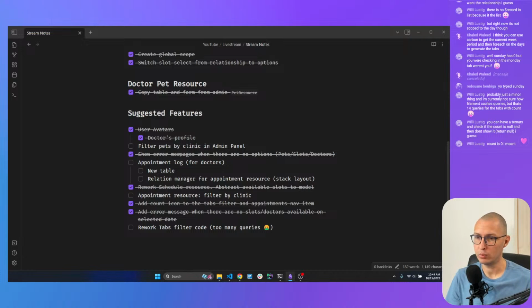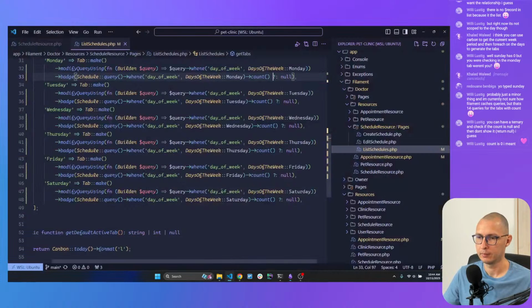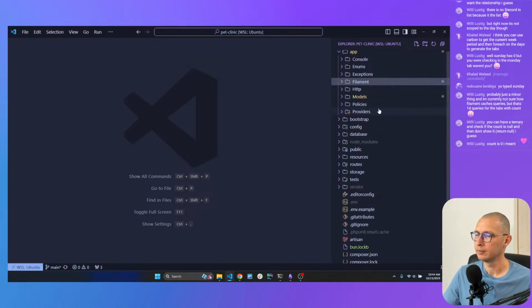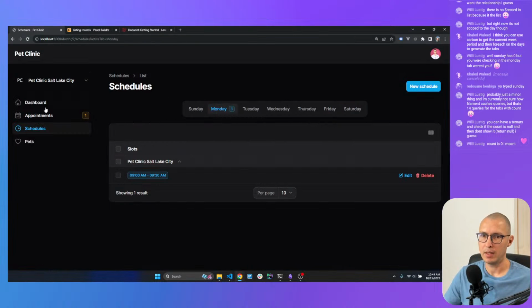I think we can move on to relation managers now. I do want to add a log for the appointment, so we'll leave the filters for last if we have time. Ugh, that's ugly. So yeah, the idea here is that in appointments,